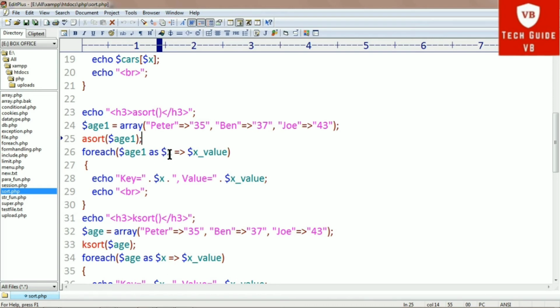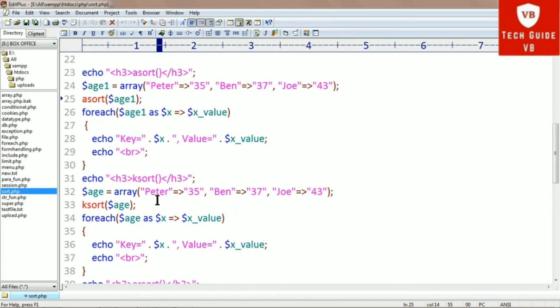So age1 as x, here we have taken the x value. So echo key equal to value, and the foreach loop prints all the elements in the associative array according to value here. Similarly, ksort is the function to sort this associative array according to key.